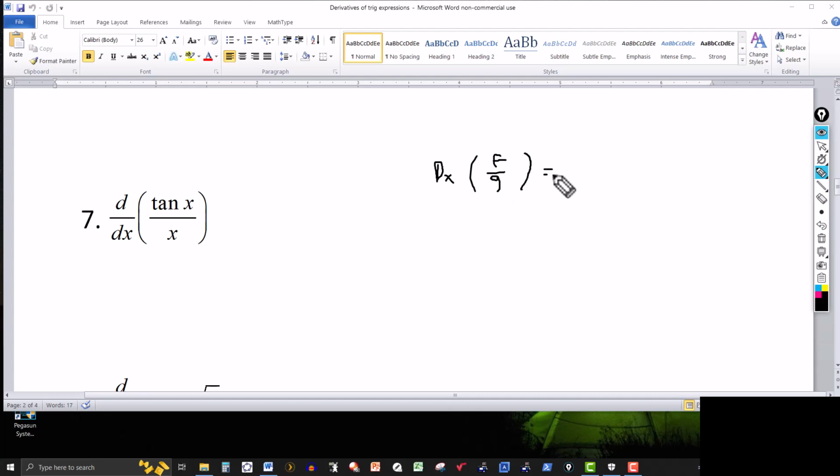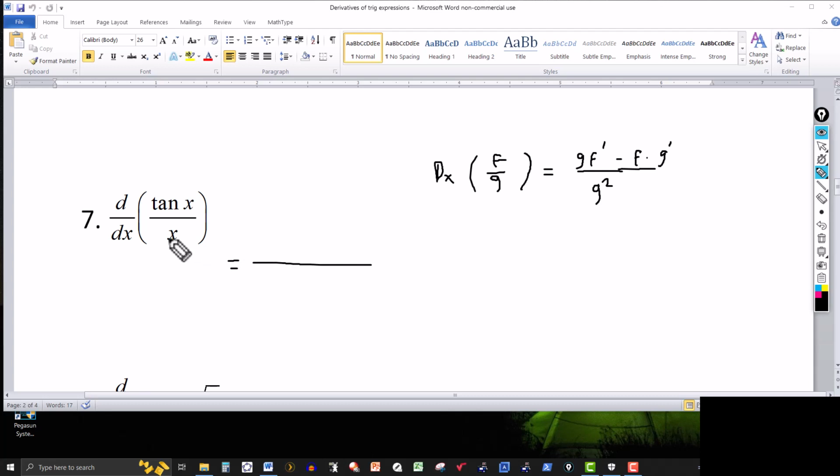The formula tells you then you have a quotient. It's the square of whatever you have in the denominator, so this would be g squared. And then it's the denominator times the derivative of the numerator. That'll be f prime, that's the derivative there. And then it's minus whatever you have in the numerator, that's just plain f, times the derivative of what you have in the denominator. So g times f prime minus f times g prime, and then you square the g there. So in this case, this is going to equal